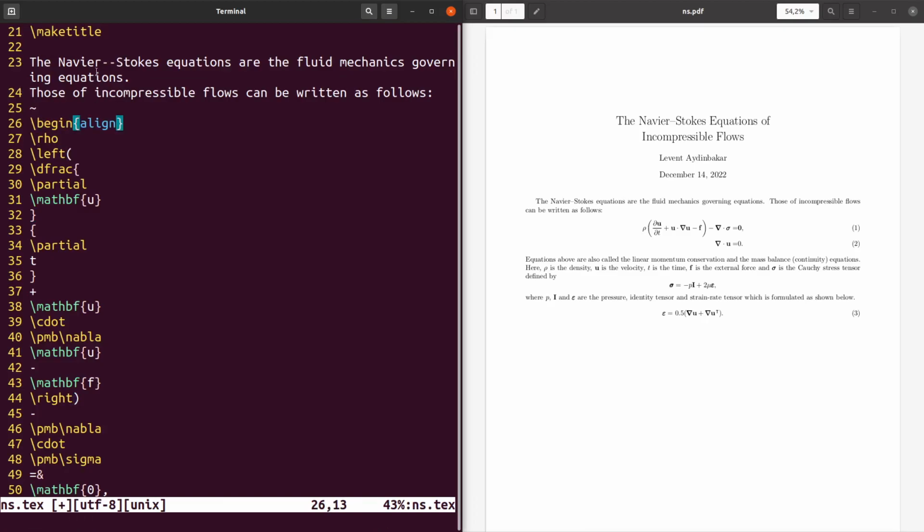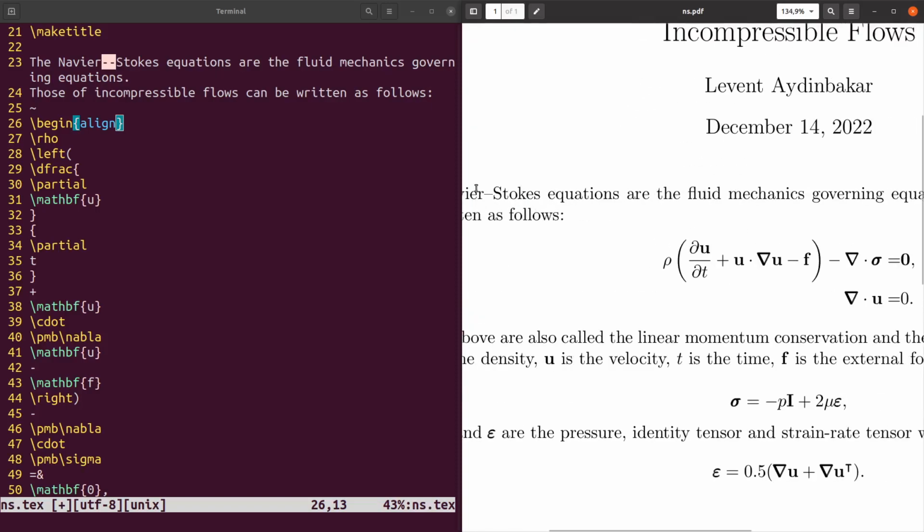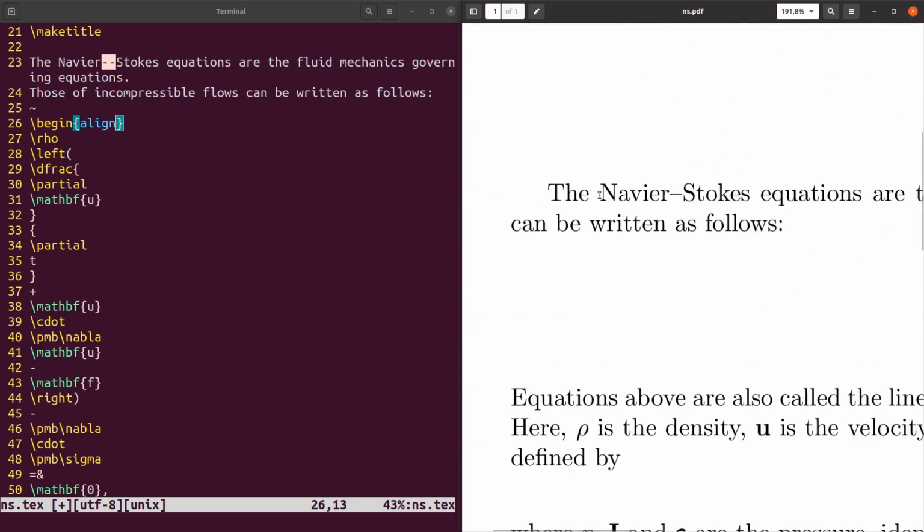I write here: the Navier-Stokes equations are fluid mechanics governing equations. There are 2 tildes here. In English, if we use 2 names that don't relate to each other, I'm not sure about the rule, but if they are not related to each other, like, what can I give? I couldn't remember any example to put 1 tilde, but Navier and Stokes are 2